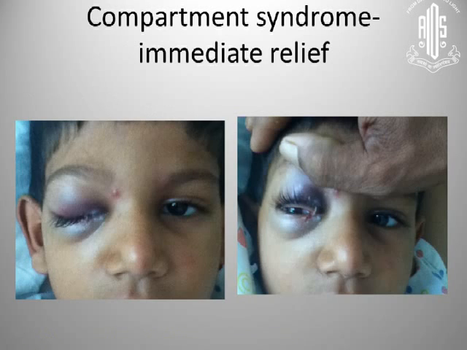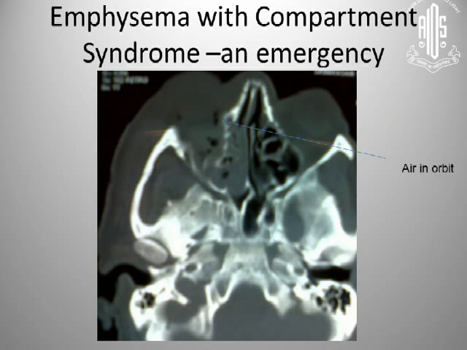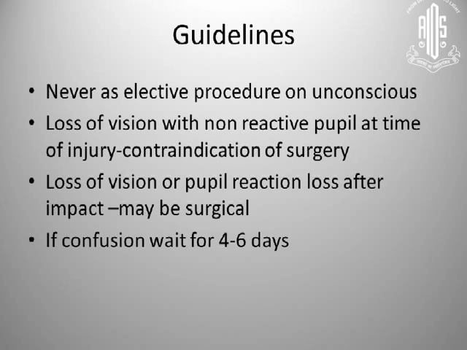It is also recommended that if there is no other problem, we can even consider surgery as soon as 48 hours. However, even 48 hours is too long for a patient like this who is running into compartment syndrome or edema leading to a compartment syndrome where the vision is at risk. So there are certain guidelines. Despite me repeatedly saying that go in early, we should first rule out any other comorbidities which a child is likely to have before jumping into any surgery.